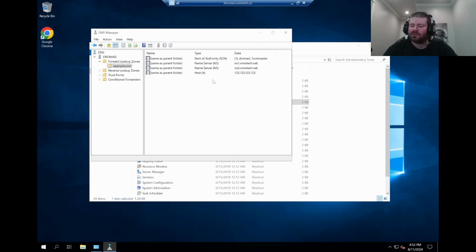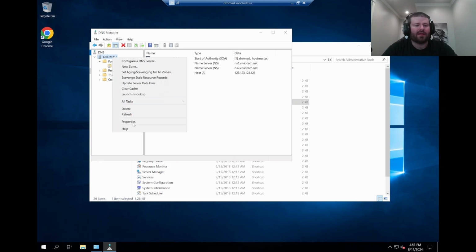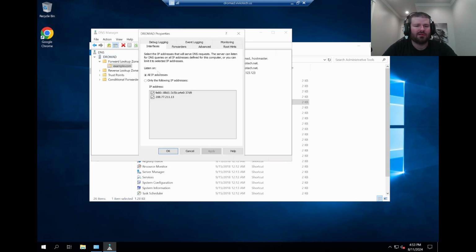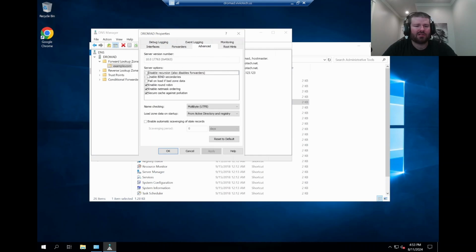Alright, that is all for creating and managing the DNS zone, but I'll leave you with one extra helpful tip to help prevent your server from getting attacked with DNS requests. You can come in here and right click on your server node and click on properties and then click on advanced and check the box for disable recursion.